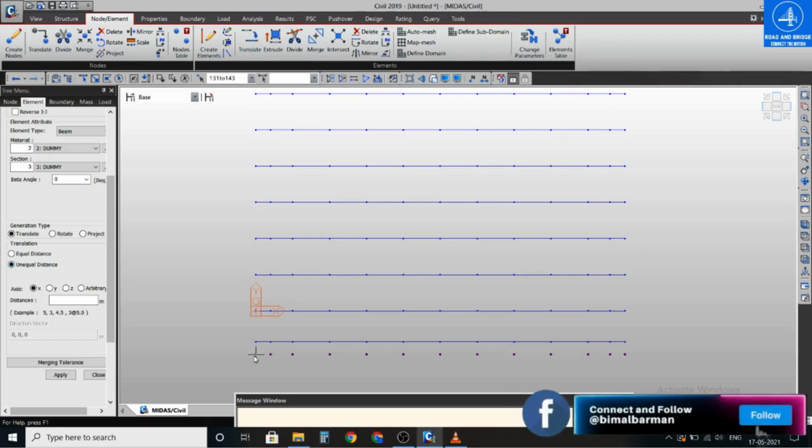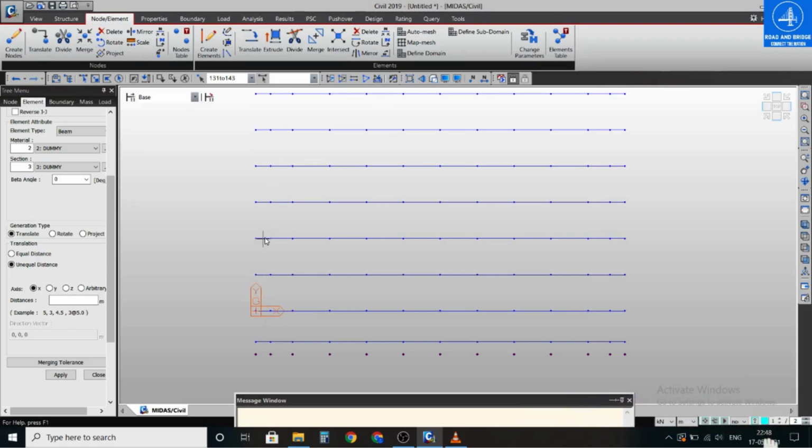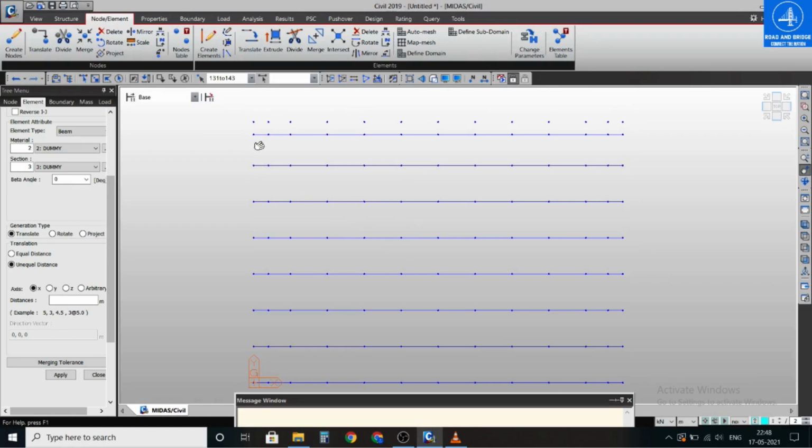From this node to this node is 0.35 meter, this node to this node is 0.85 meter, and up to the 6 times it will be 1 meter, next will be 0.85 meter, and outer will be 0.35 meter.